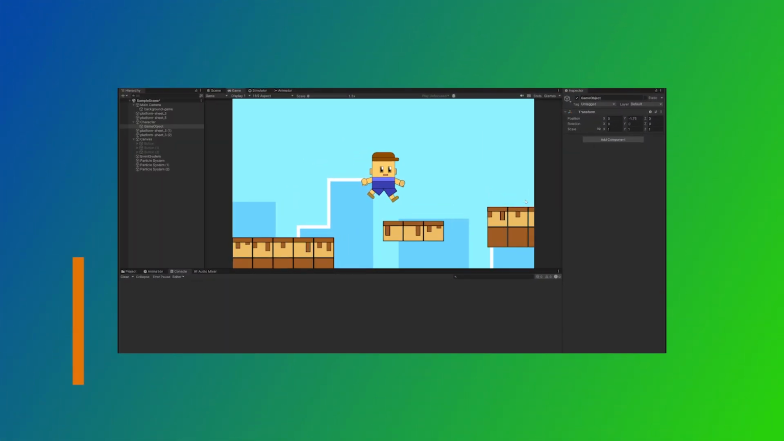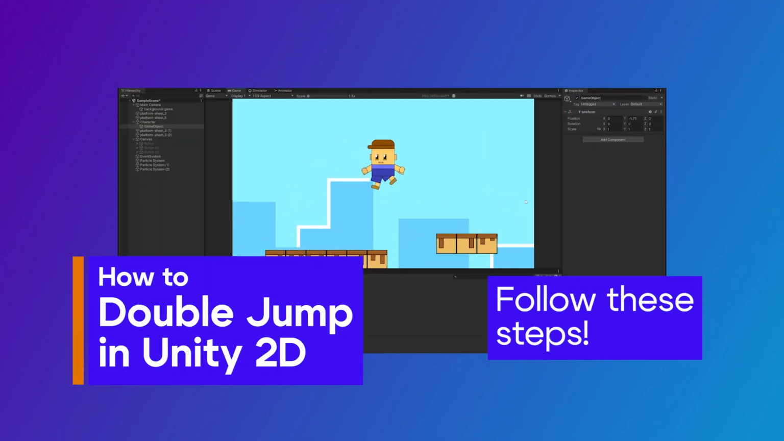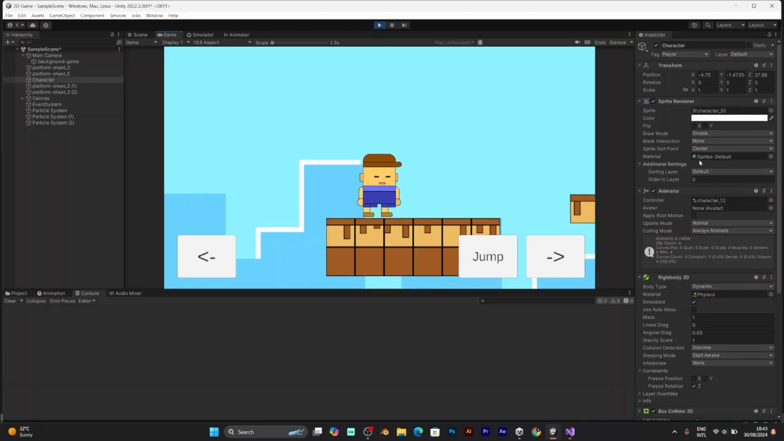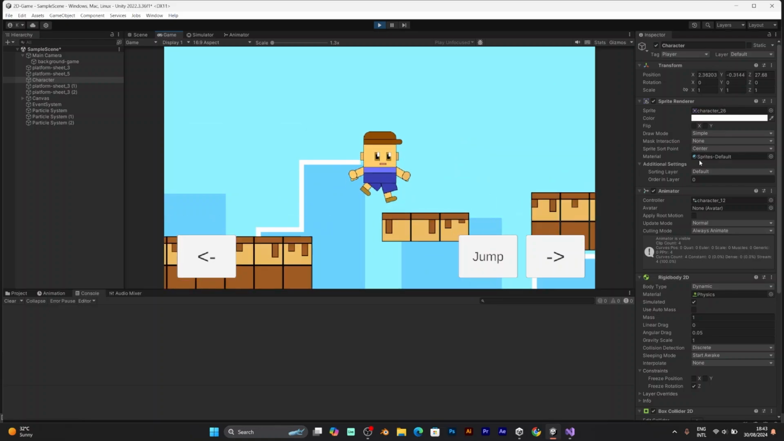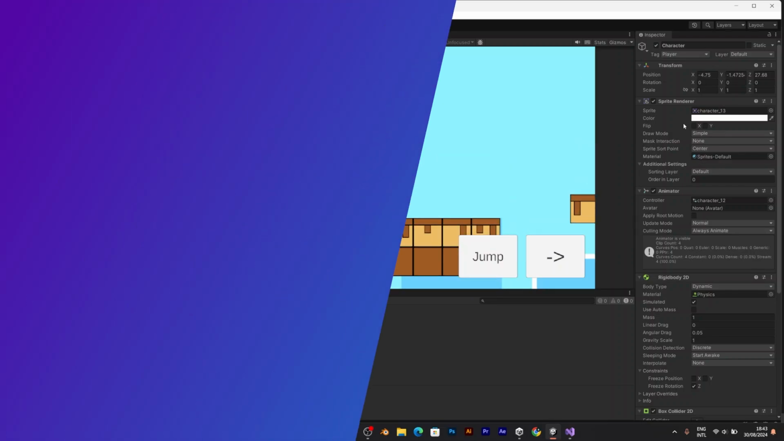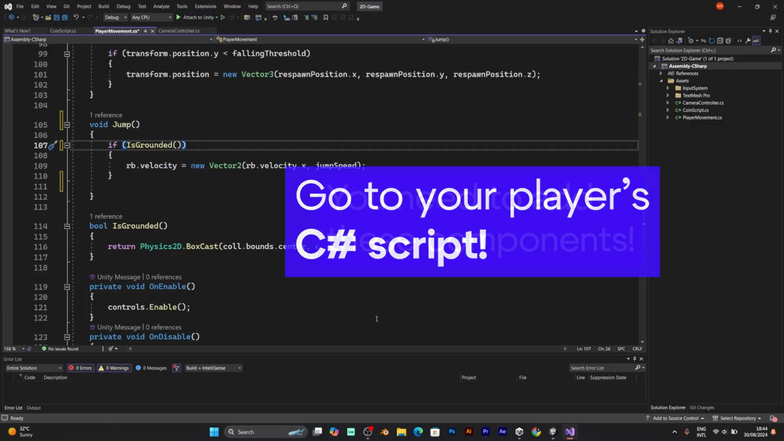If you want to make your player double jump in Unity, follow these steps. Since you have already configured the game and you are wondering how to make your player double jump in Unity, it is very easy. You just need to go to your player's C# script and make sure that you add